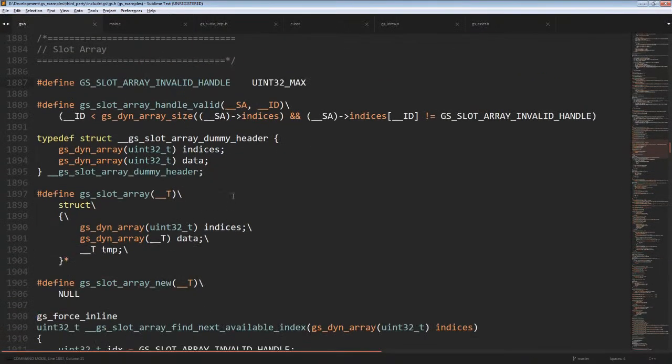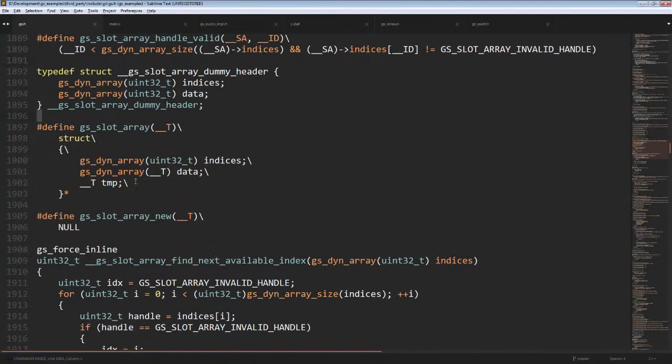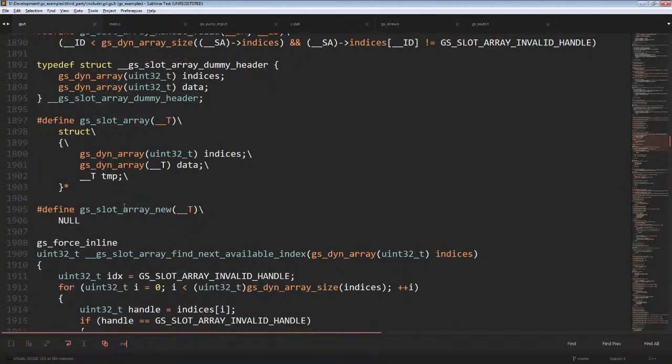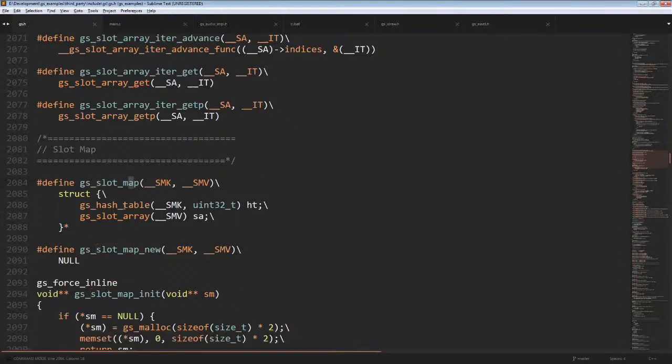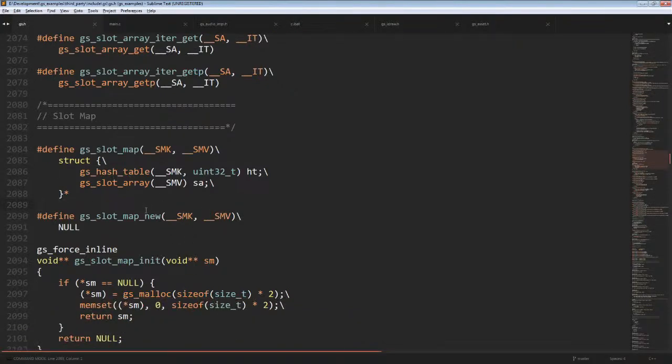Slot array. So slot array is double indirection array that you use handles. That way you can maintain constant references. And then a slot map, which is a triple indirection. So it's a slot array that has a hash table on top of that so that you can use any custom key data